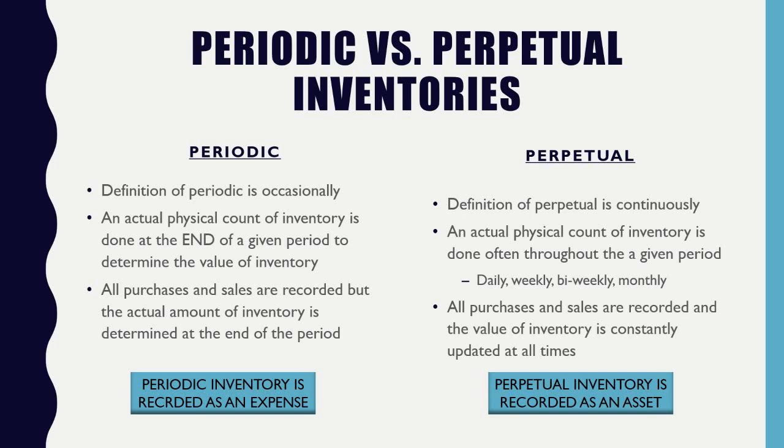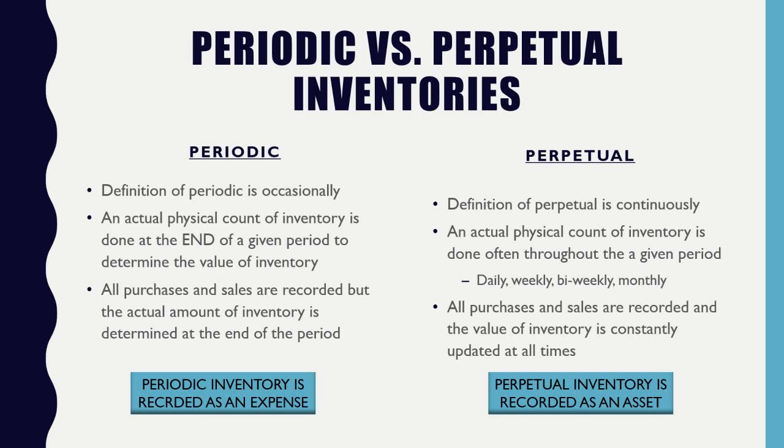Okay? So again, when we make our purchases of inventory, we recognize them as expenses. And then when we reach the end of the accounting period, we have someone go down to take a physical count. That's going to determine what our ending balance is in our inventory, right? How many units we have left. And that's going to also determine how many items we sold, because that's the assumption. And once we've done that, then we can convert our expenses into inventory at the end of the given accounting period. Okay? Whereas perpetual, right,